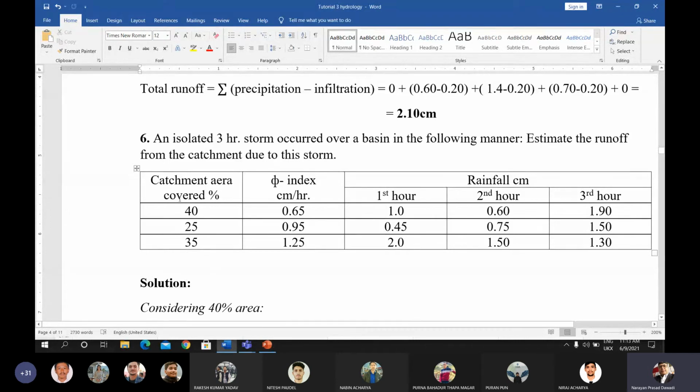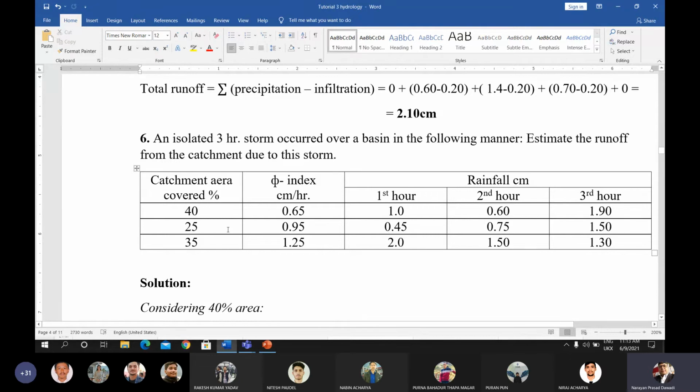If the total area of the catchment is 1, then 0.40 will be zone 1, 0.25 will be zone 2, and 0.35 will be zone 3. This is the percentage of area covered by the different zones of the catchment. Now the phi index is different for these zones because the soil